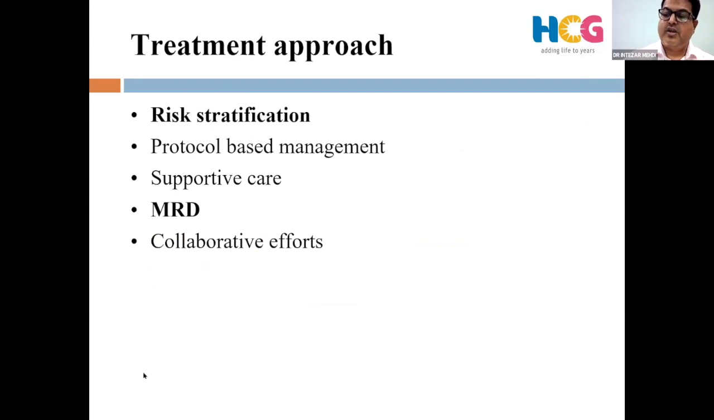So, what is the standard of care presently? As you can see, for all ALL patients, we need to do a very good risk stratification to classify them into standard, intermediate, and high risk. Protocol-based management, aggressive supportive care, and MRD, minimal residual disease, which we are going to learn in the next few